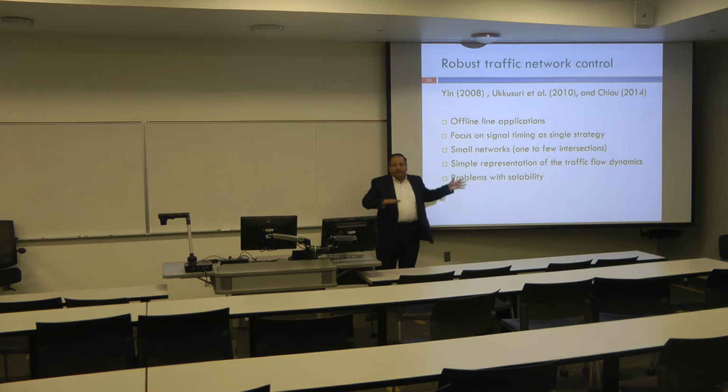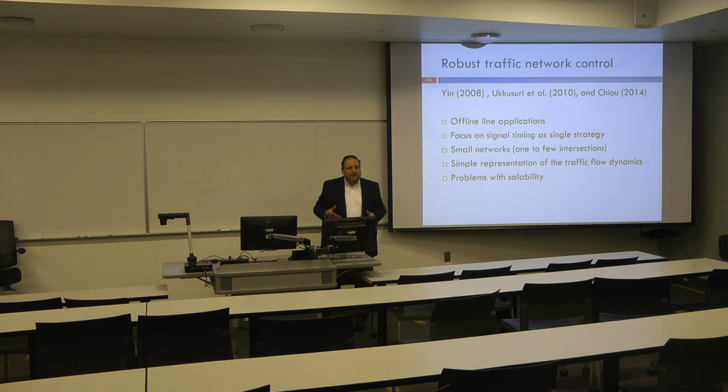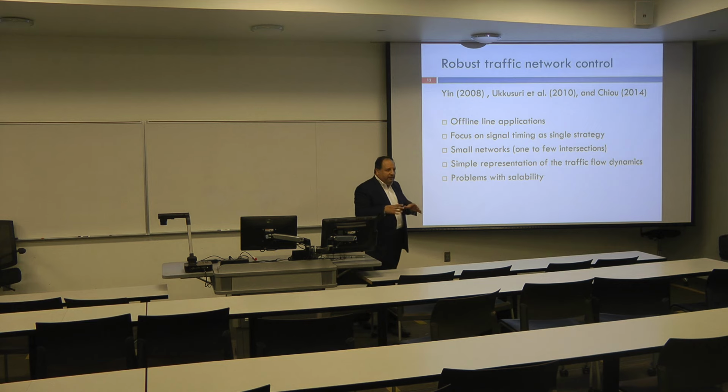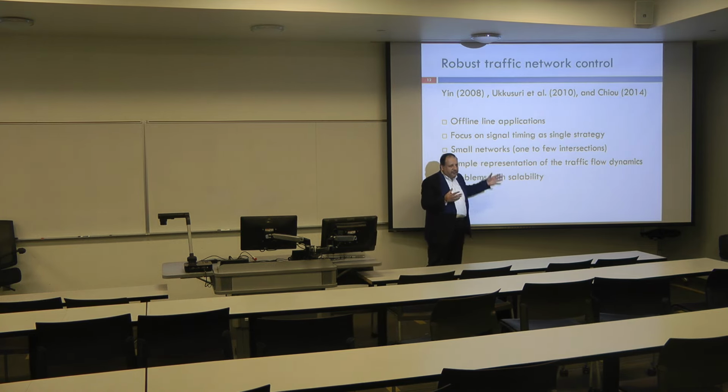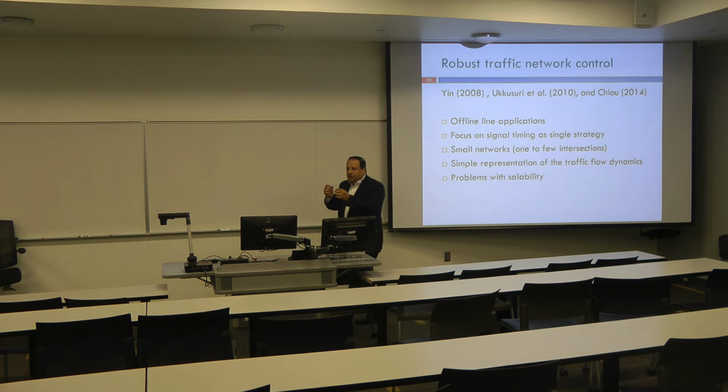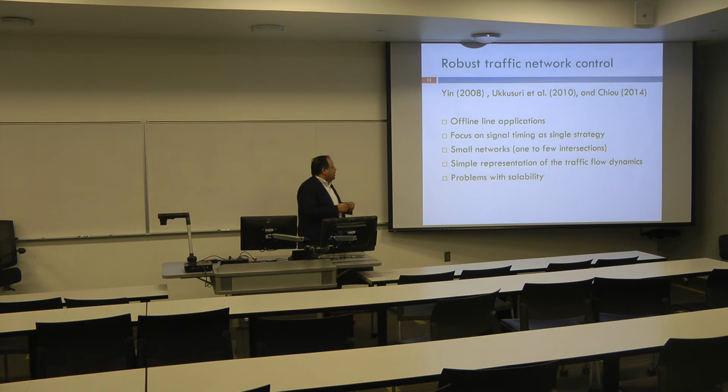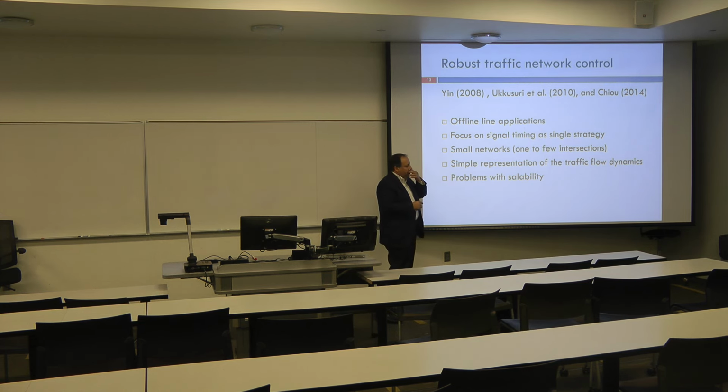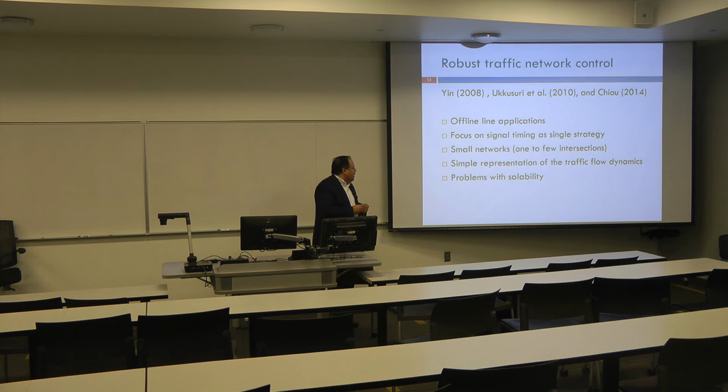Most of the applications are offline. So in the examples that I mentioned, I have a study area, and I try to come up with a robust timing plan for different traffic volumes that will come. Let me try to solve a problem like this. Also, as I said, here's a very simple representation of the traffic dynamics. In one example, they just use the Webster equation for the delay, and this is the performance. In Porsche, for example, they use a cell transmission model for a very small network. So this is what we use here.